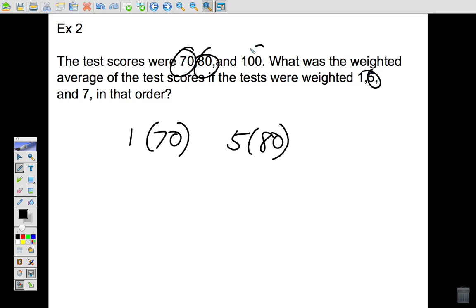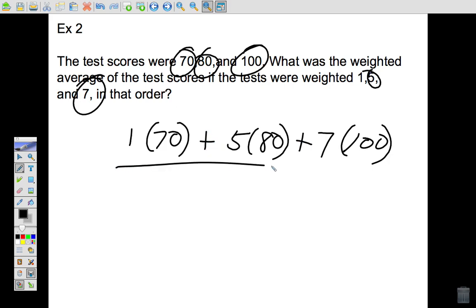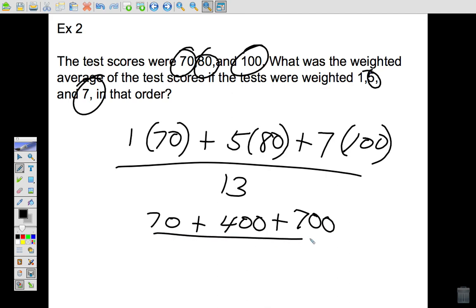And say this test was out of 100, and they got a perfect score. And say that particular test is weighted 7 times as much as a normal test. Well, we're going to add these up, and what's the total of the weights? What's 1 plus 5 plus 7? 13. So I have 70 plus 400 plus 700, and we're going to divide that by 13. So let's total the top. So I have 1,100,